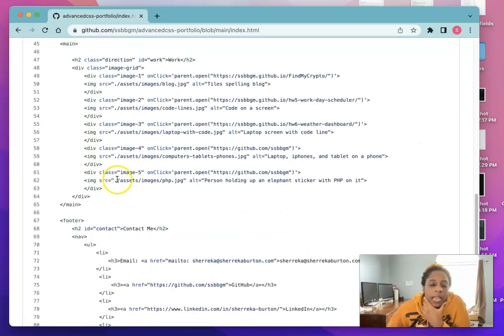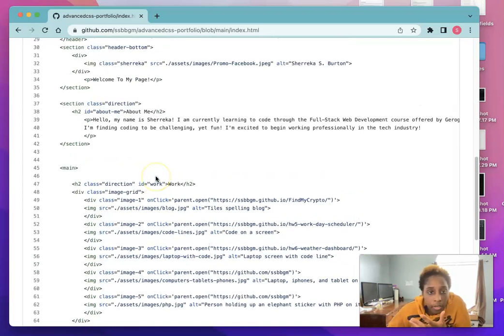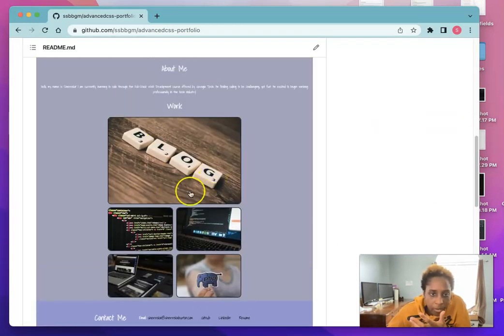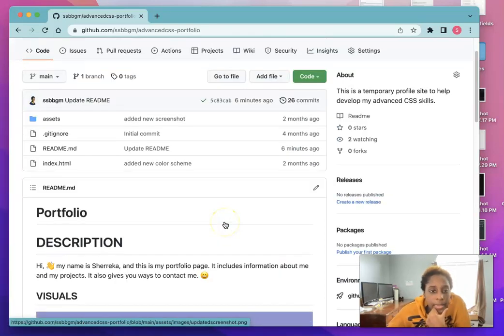and then about me. Now here's where it started to get tricky, because one of the actual parameters of this homework was one of the pictures. The first picture had to be twice as big as the other pictures for the portfolio, and I'll show you that. Let me actually show you that now. Right here, one of them had to be at least twice as big as the other picture. So this is, as you can tell, like if you're into this type of thing, this looks like a grid, right? But obviously this was my first introduction to grids, so this was the most difficult part, was making this,